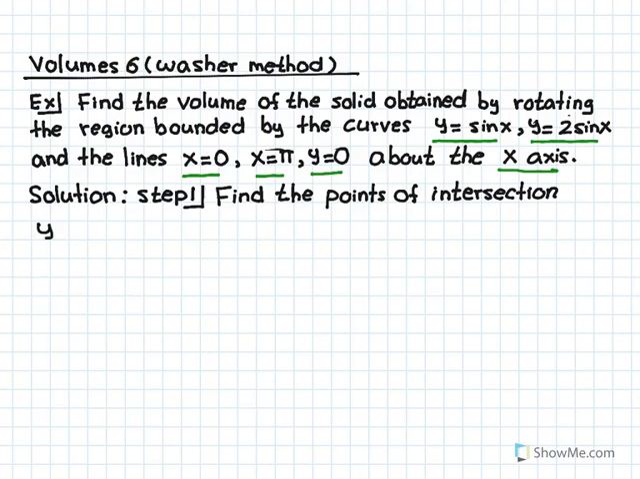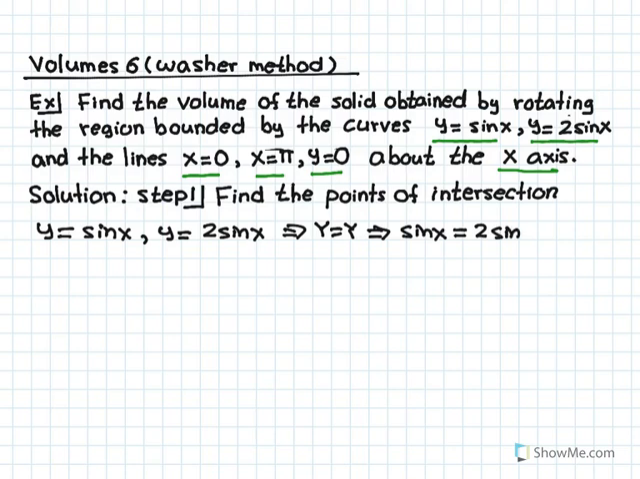The first step, as usual, is to find the points of intersection. So we have y is equal to sine x, and we have y is equal to 2 sine x, and equating the y values, solving for x. Y equals y, we get sine x is equal to 2 sine x. Bring it all to one side, and we get sine x